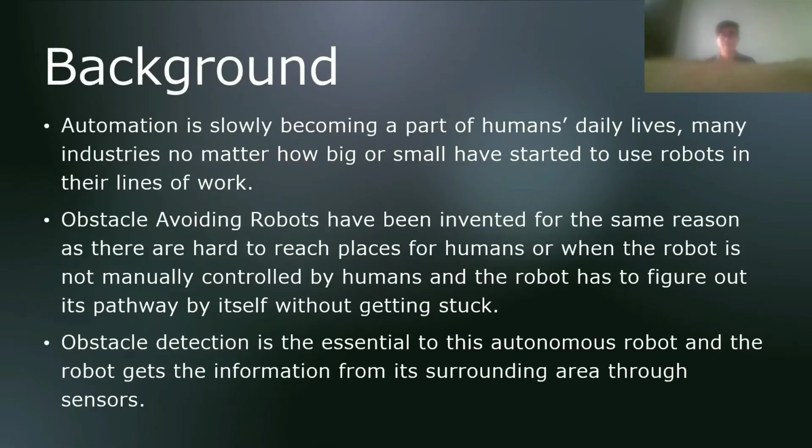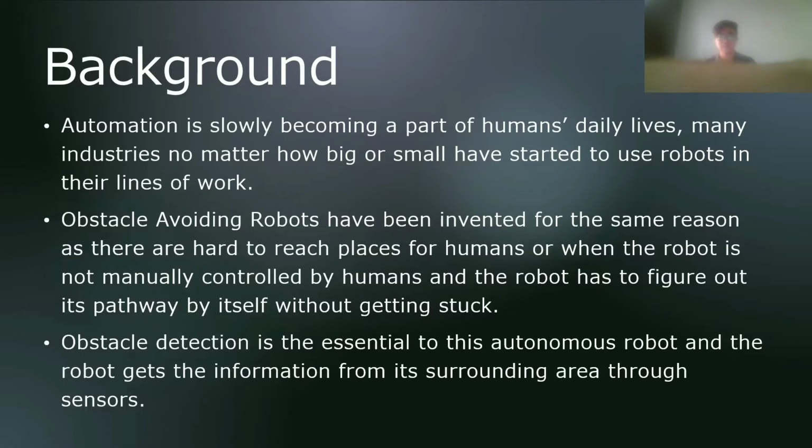So for the background of the project, nowadays automation is slowly becoming a part of humans' daily lives. Many industries, no matter how big or small, have started to use robots in their lines of work. This is due to robots' reliability and being of great assistance to humans. Obstacle avoiding robots have been invented for the same reason, as they reach places hard for humans to reach, or when the robot is not manually controlled by humans, and the robot has to figure out its own pathway by